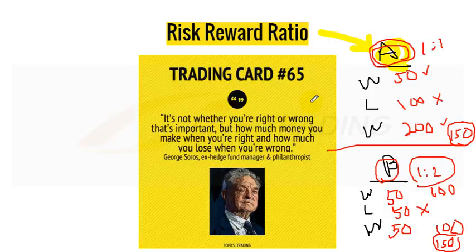All the successful traders in the world use proper money management, a fixed number of lots or fixed money that they risk. Second, they use a proper risk reward ratio. Third, they look at everything as a probability. So I'm trying my very best to educate the novice traders, because not knowing this is going to cost you two things. One,